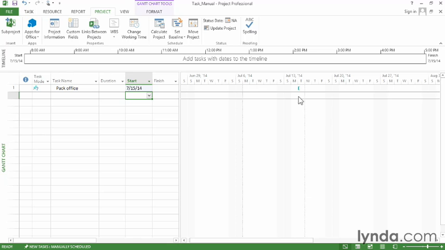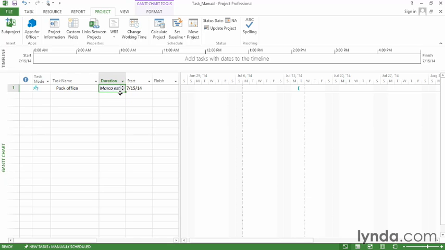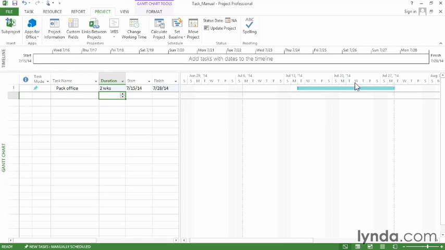Well, let's say your colleague Marco is going to estimate the duration, so you can write yourself a note. Put that in the duration field. Well, the taskbar doesn't change because you've just written yourself a note. But a few days later, when Marco gets back to you and says that it's going to be 2 weeks, you can select the duration cell, type in the 2 weeks, and now you've got a 2-week-long taskbar in the timescale. You can also see that it shows a dark cap at the end because you've got a start and